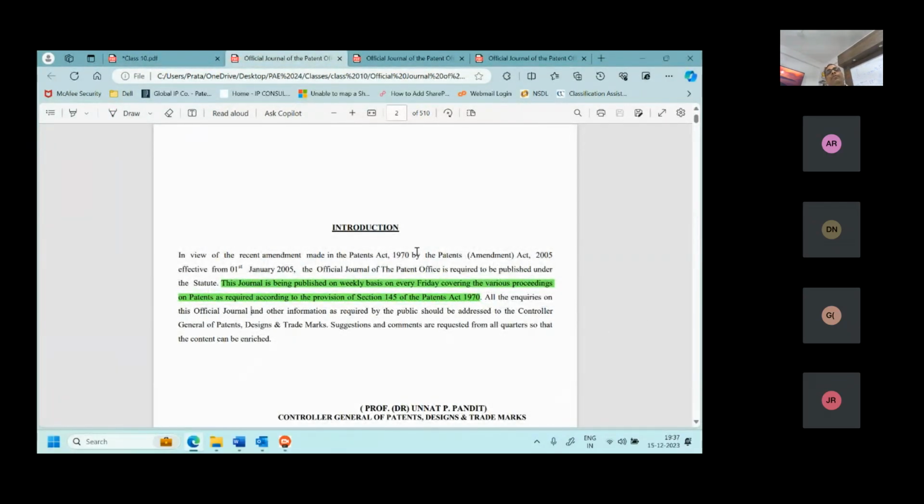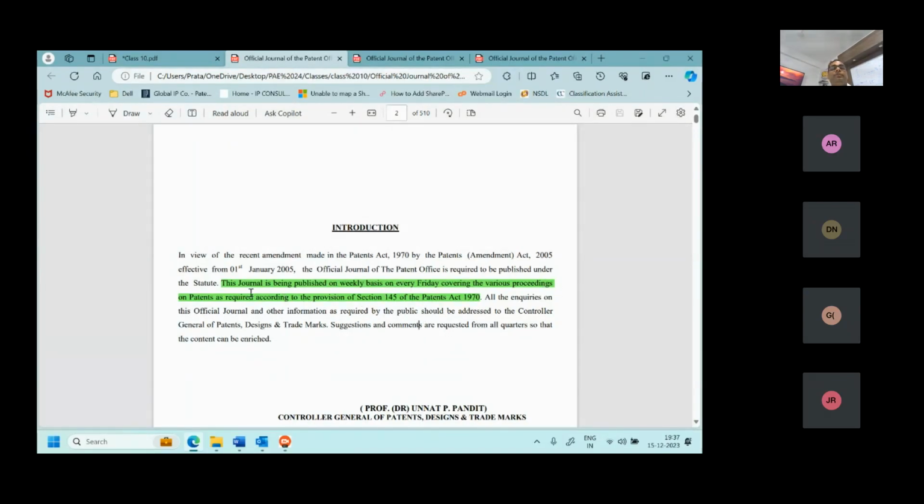Within how much time will they publish it, sir, for normal publication and early publication? Within 1 month they can publish, and after publication they will wait 6 months. They cannot grant the patent before that.